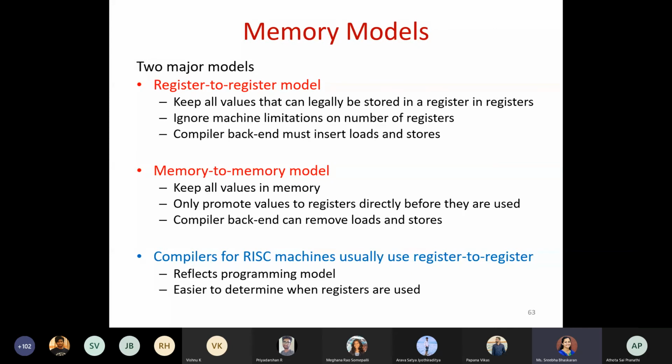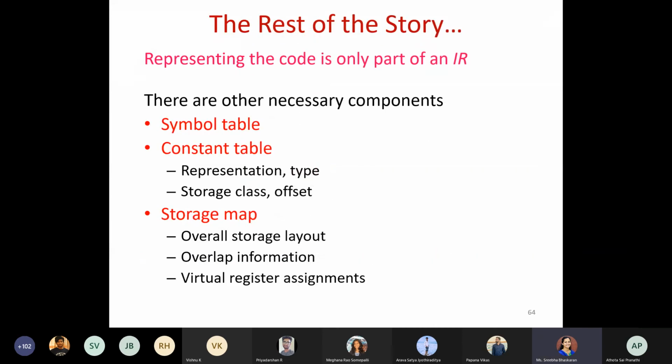That is, we can easily access the register contents faster than the contents in memory, right? So these are the 2 models which you can decide. Okay, the next topic is the symbol table, which we will discuss later, in the next class.